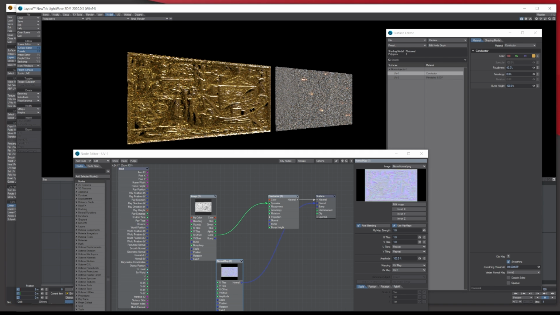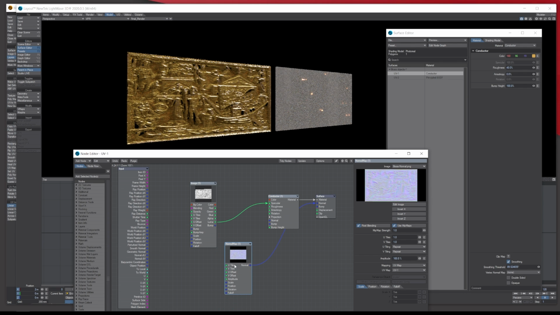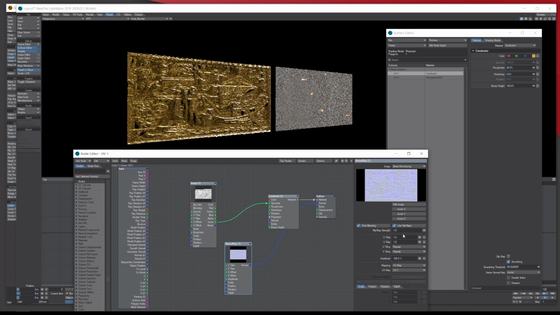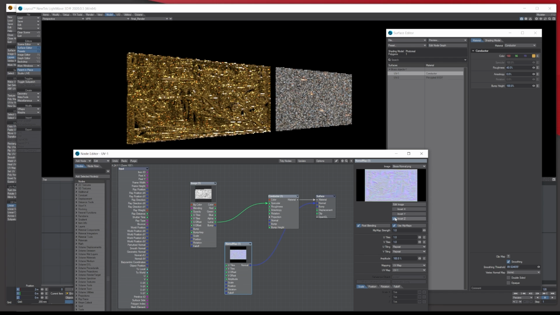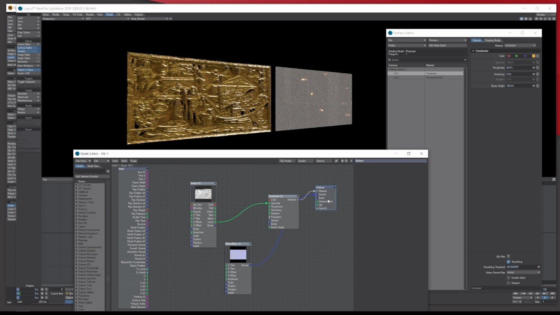Now this is just based on the specular and the normal, and you can zoom this up if you want and make it even more, but it just goes a bit over the top because of all the detail and spec. You can also play around with how the X, Y, and Z work on it as well if you want. But in general, this is just one way that you can do this.